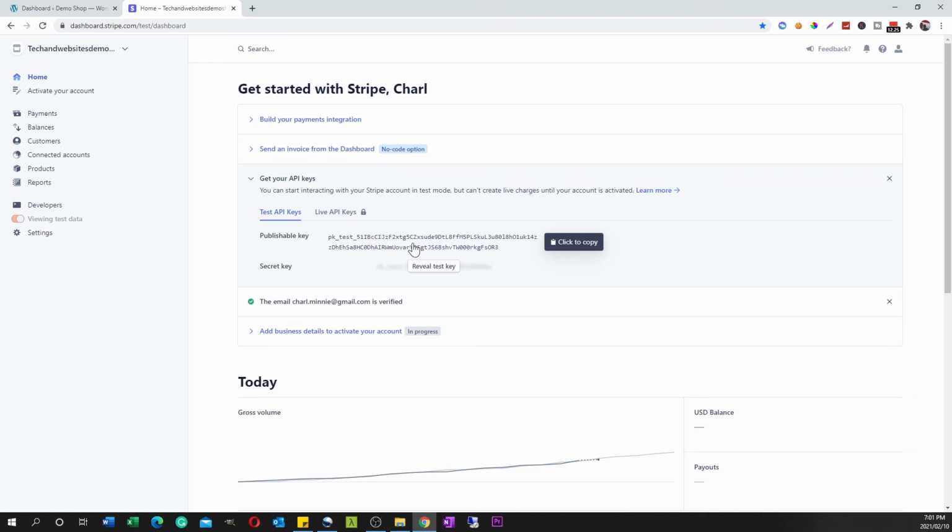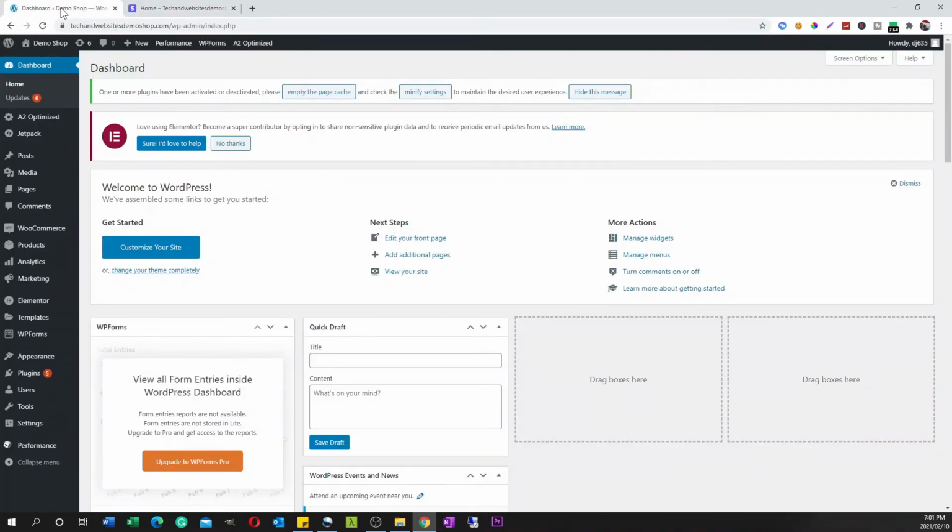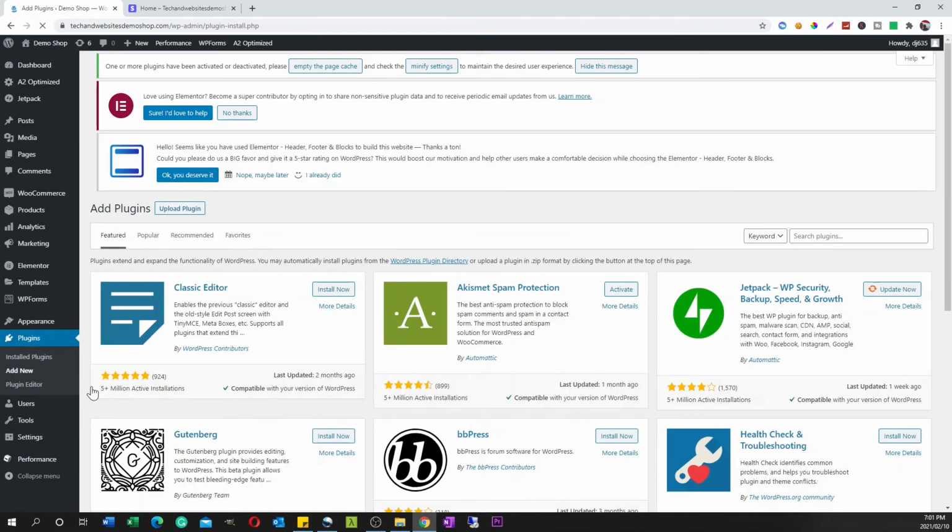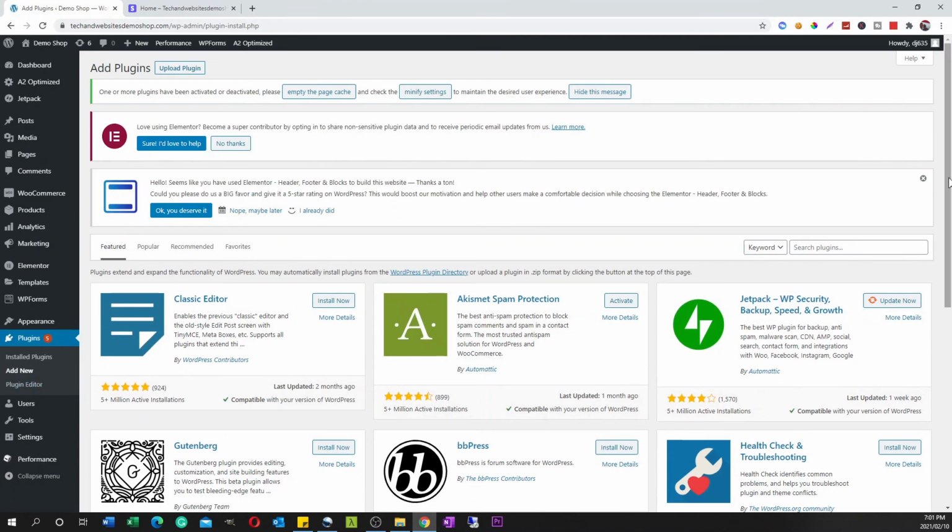For the purpose of this demo, I will just show you how to and where to copy your publishable key as well as your secret key to your website. Before we do that, we want to head on over back to our WordPress dashboard, go to the plugin section and click Add New. This is where we are going to install the Stripe plugin. So this is going to allow us to actually link the website. So in the search bar, just go ahead and type in Stripe